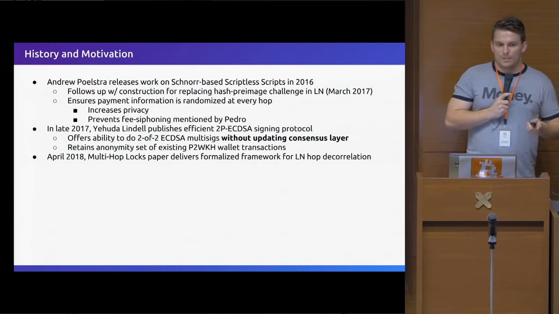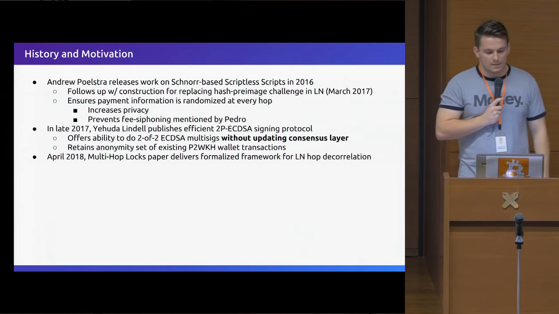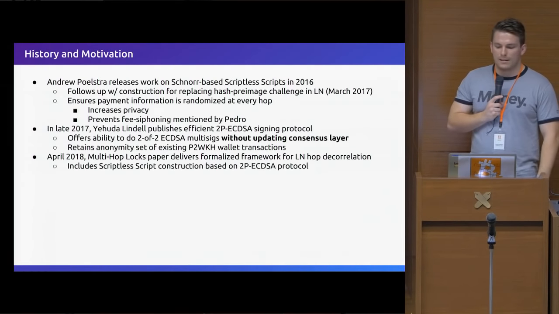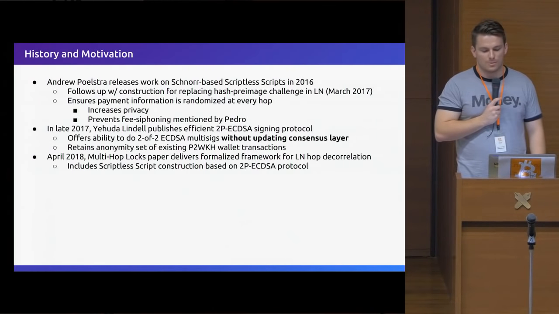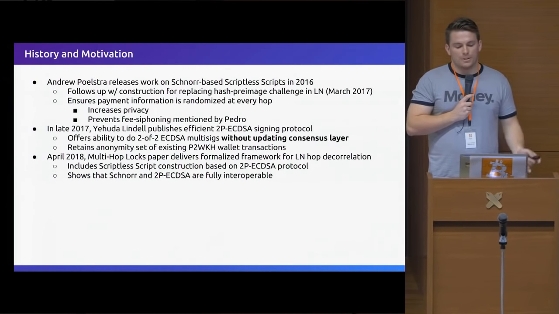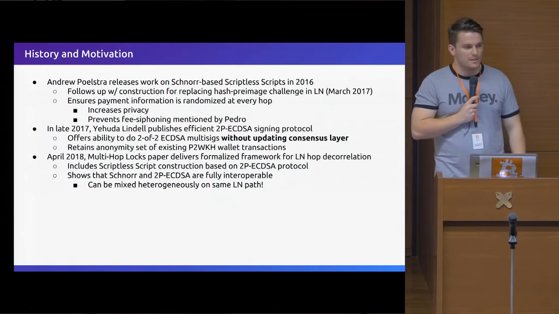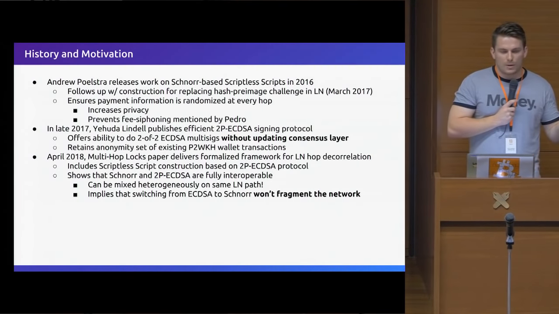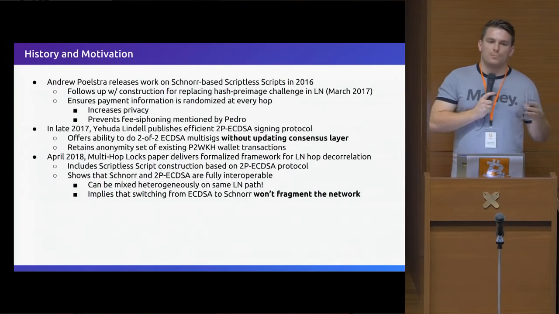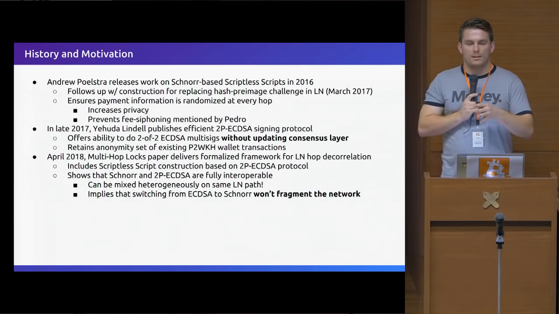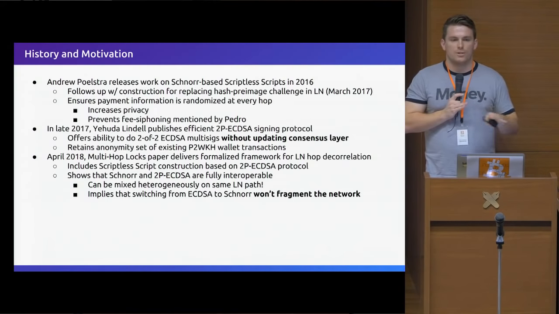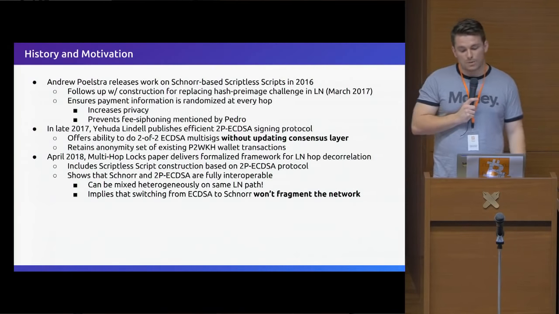Later, I think it was April maybe, Pedro et al. released the multi-hop lock paper, which formalized the hop correlation and also provided the scriptless script-based construction for 2P ECDSA, which was basically an open question up until then. And it showed that the two are actually compatible, which is really great because it means that when Schnorr actually gets integrated into Bitcoin, we won't have to fork the Lightning Network to have both of them out in the wild. They'll be able to interoperate together, and that will require essentially no changes from the view of the nodes on the network. And that's really exciting because